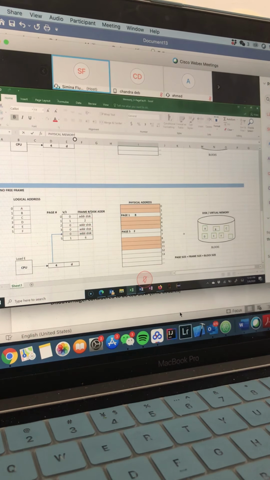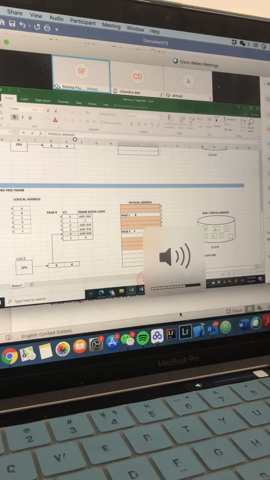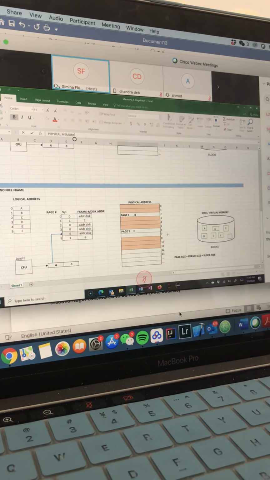In case our process is allowed to increase the number of frames, so it's not limited to a fixed number of frames, then the best option is to bring our demanded page into a frame of a different process.